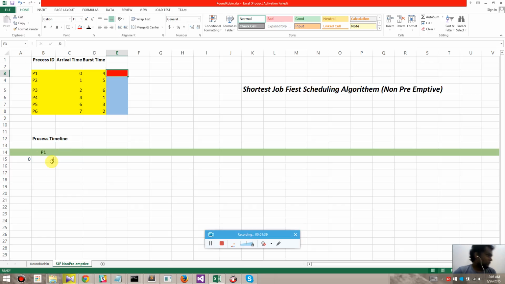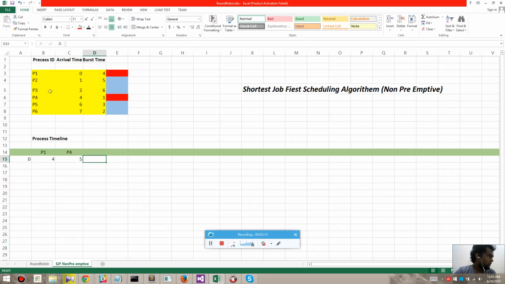Right, timeline is 4. By time 4 we have P4, P3 and P2 come to the processor, so we have to consider these three, and from these three, P4 has the lowest burst time, so we have to execute P4 next, and mark P4, and since the burst time is 1, the timeline will be 5. Next, by time 5 we have no new